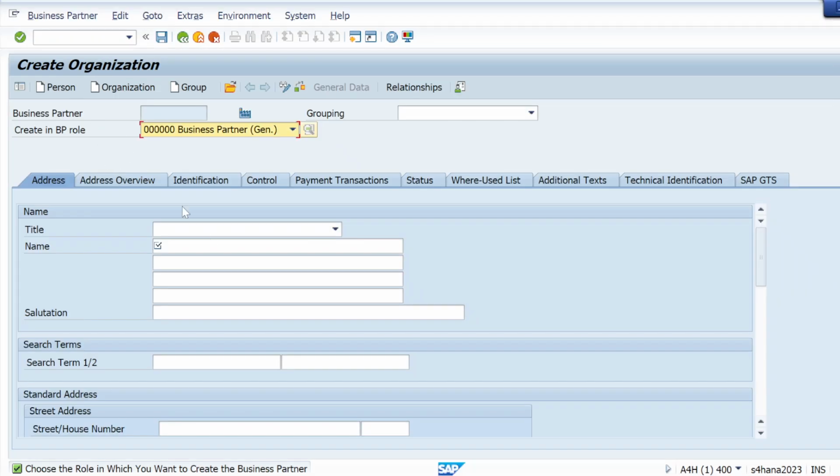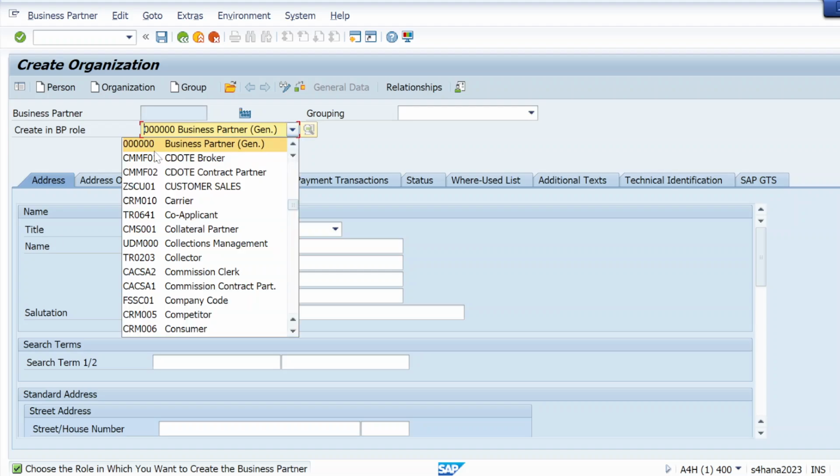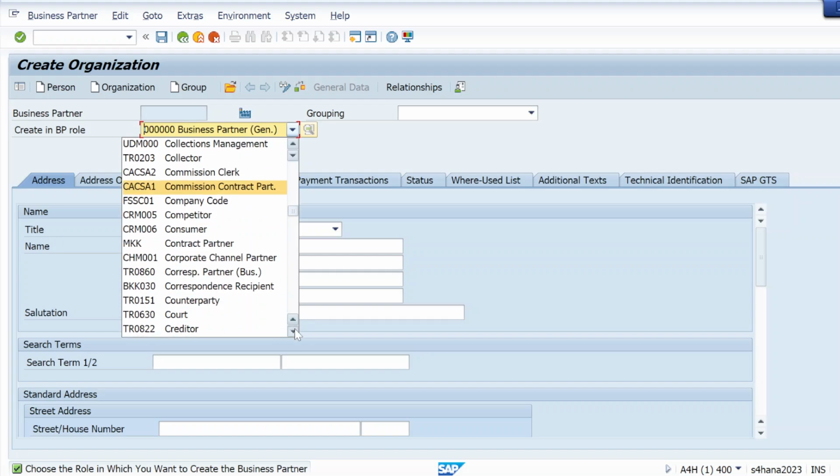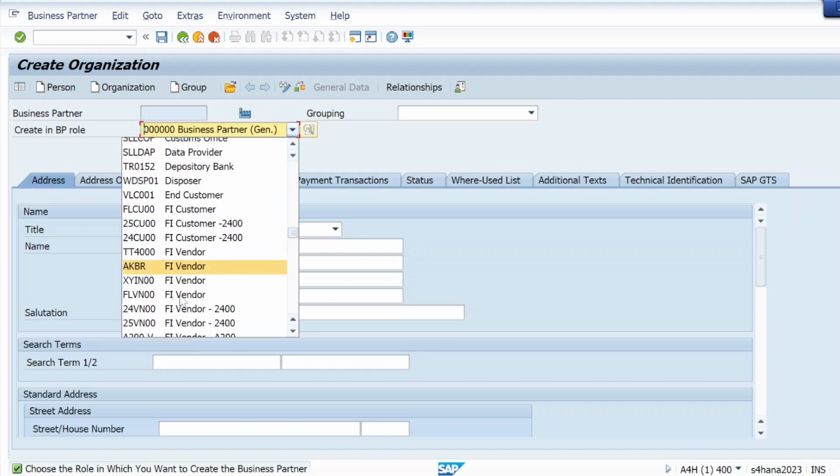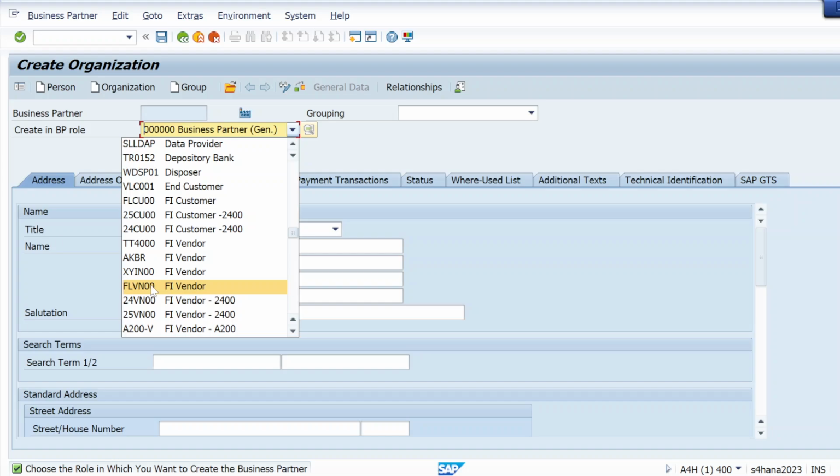But in SAP S4 HANA there is BP, and in BP we select the roles from here. For general data we have to select this role, BP 000. For company code data we have to select another role, like FLVN00, and FLVN01 is for, like you can see here. So these roles we have to select from here.